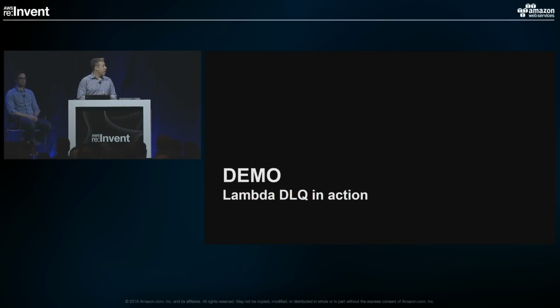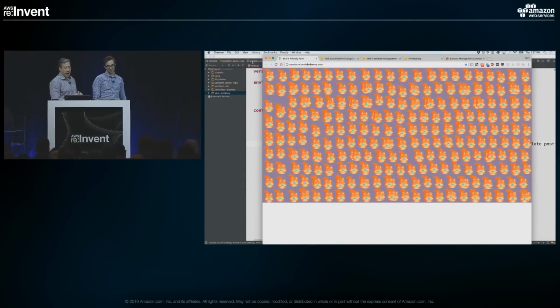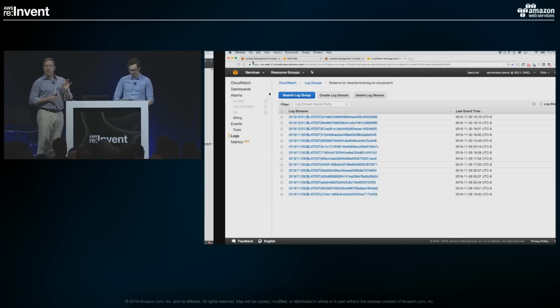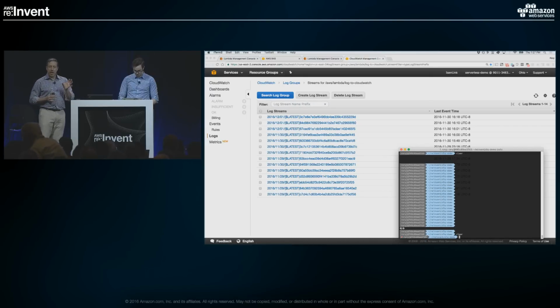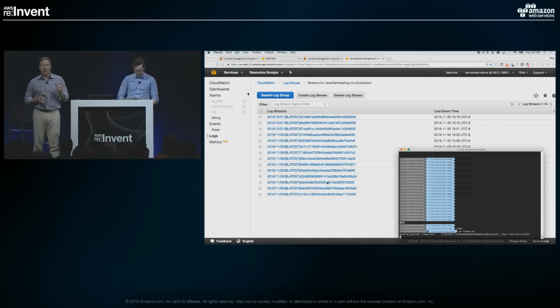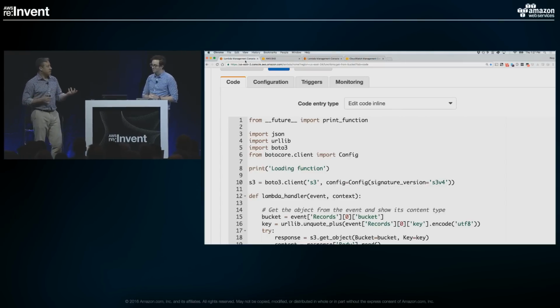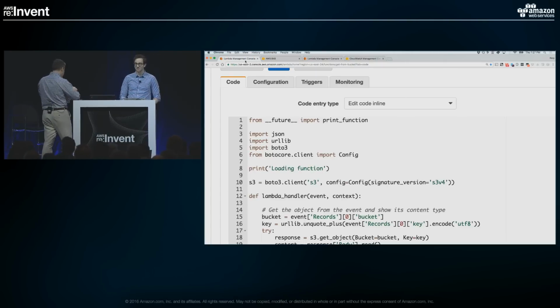Now, we're going to take a little look here at DLQ in action. So Rory's going to come join me on stage here again, and we're going to look at a really simple DLQ setup. We're going to simulate some S3 events coming into a Lambda function, only the Lambda function isn't going to behave well. It's not going to be able to process those events. And as a result, what it's going to do is send them to a DLQ, in this case in the form of SNS, and we're actually going to route that to another Lambda function to take some action. So Rory's going to step us through this architecture in the code.